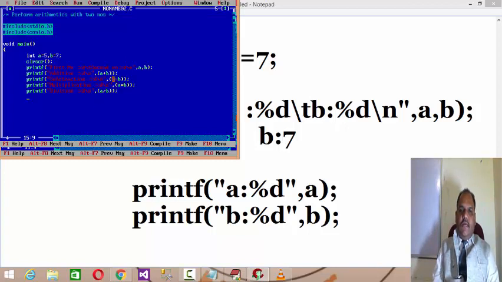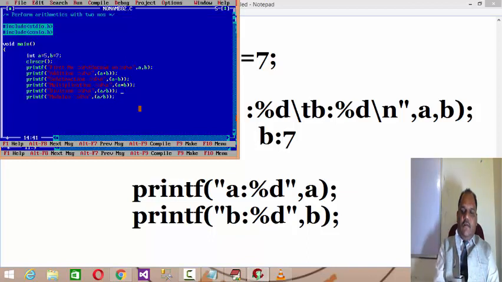Here you will get introduced to all the operators also. Plus for addition, minus for subtraction, star for multiplication, and slash for division. And then there is another operator called modulus. That will be the remainder. It gives the remainder value, means after dividing a with b, whatever remainder remains, it will be here.